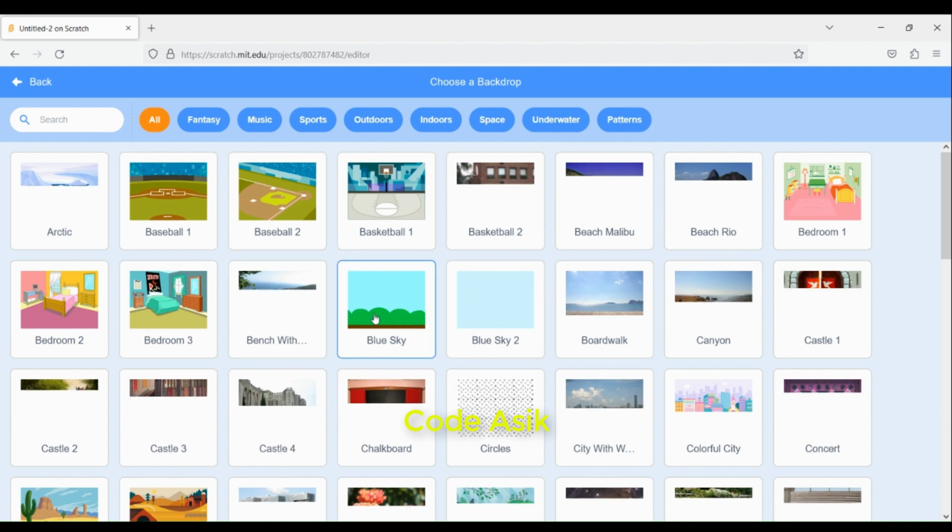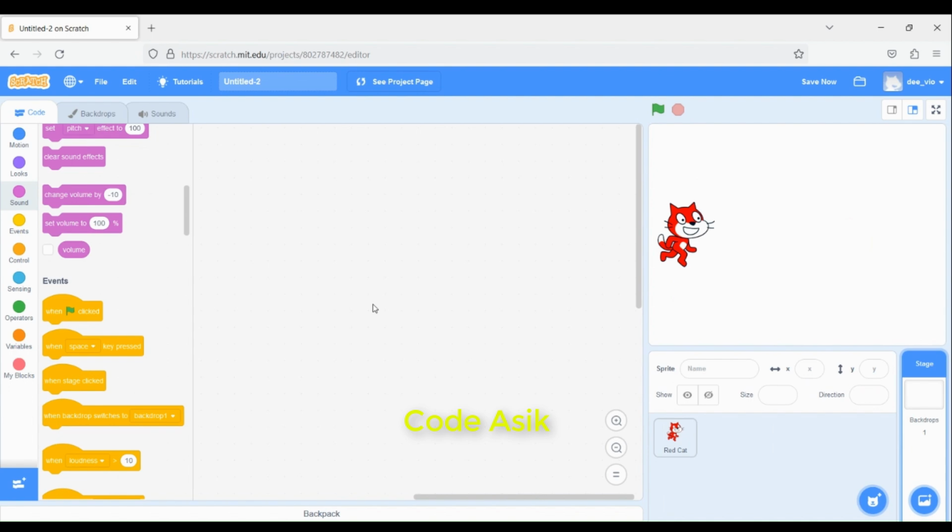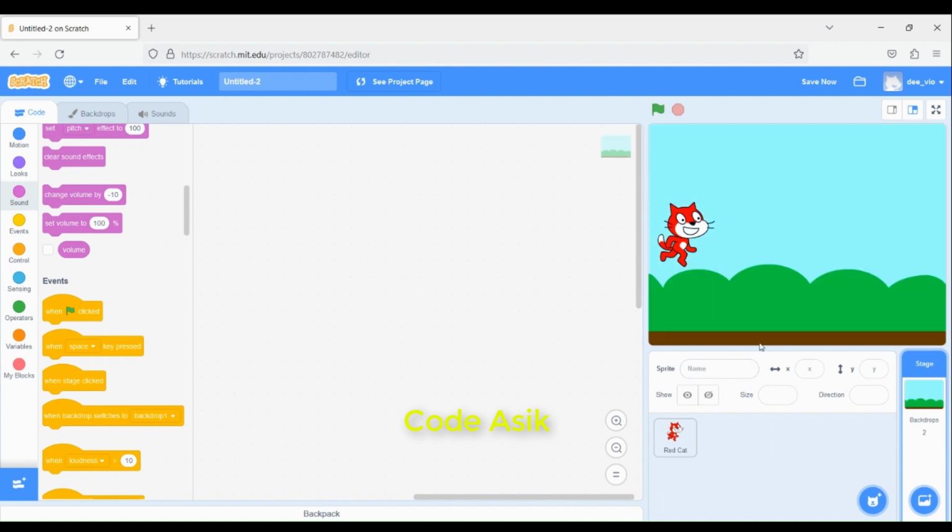I pick the blue sky because it seems to fit with the cat. What do you think? Okay, you can choose the nice one for you. It looks nice now.